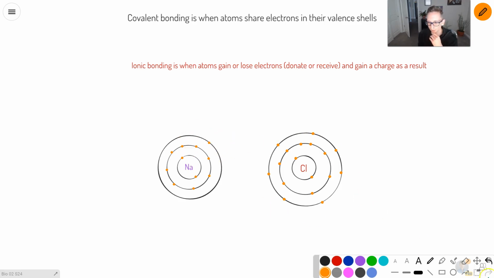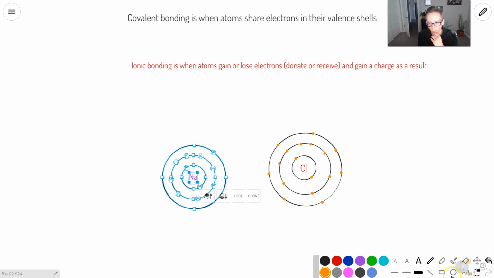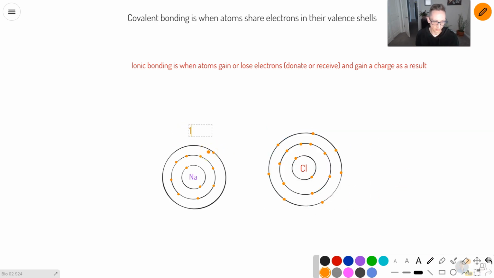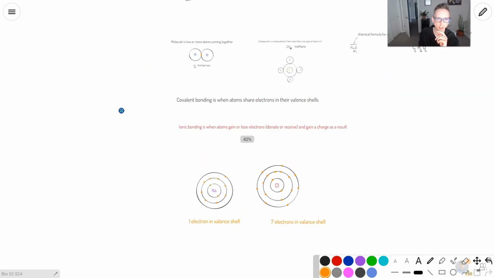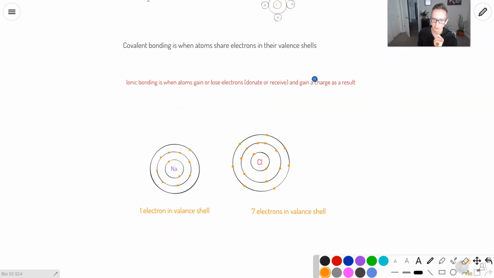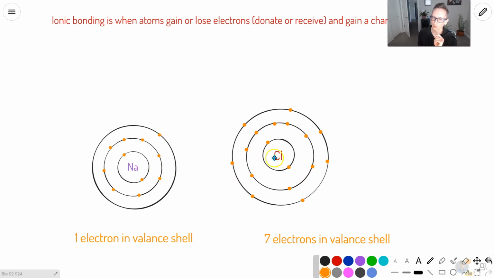All right, so if we look at the valence shell of this sodium, and we look at this valence shell, this has 1 electron in valence shell. 1 electron in valence shell, 7 electrons in valence shell. All right, is this starting to click here? What's going to happen? Every atom wants to have a full valence shell, which is its outermost shell. All right, well, we could fix that for both sodium and chlorine